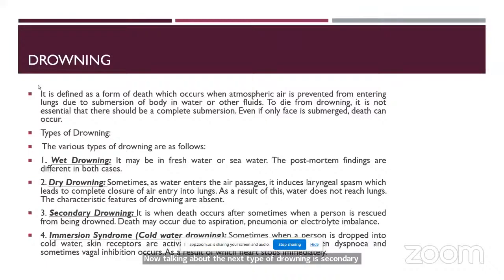It is when death occurs after some time when a person has been rescued, and the death may occur due to aspiration, pneumonia, or electrolyte imbalance. So secondary drowning is something which is caused after that person has been rescued, and it can be said that it is an after effect of drowning that obstructs the respiratory system, which ultimately causes the